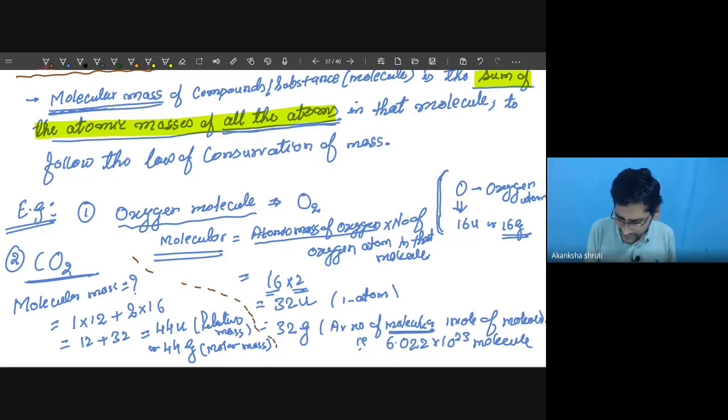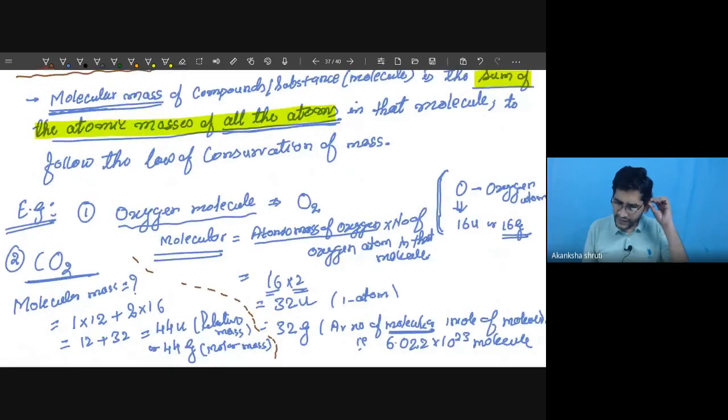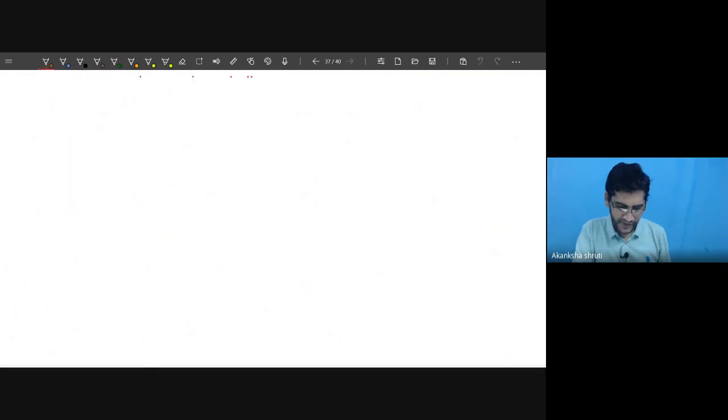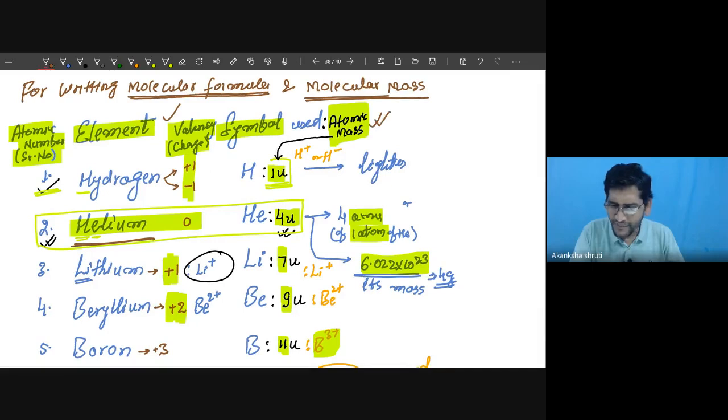Okay, students. So it was this. Now how to write? For that, last day we discussed one table. So let us revise that table quickly so that the atomic mass can be recalled easily, and molecular mass can be calculated very fast. Students, last day we learned that elements are characterized by their symbol, and they have the valency to decide their combining capacity or ion formation to form the molecule. Another one is their atomic mass.